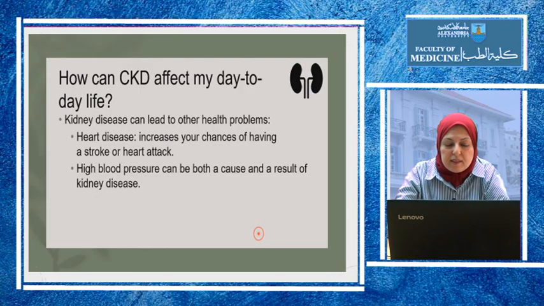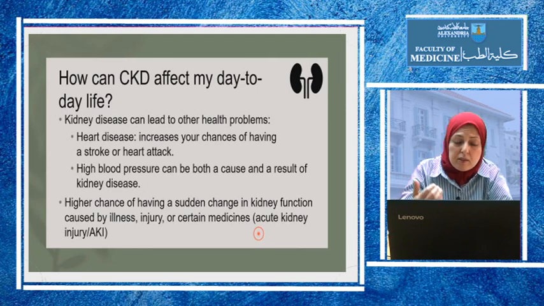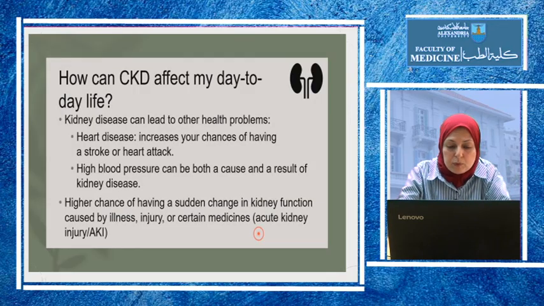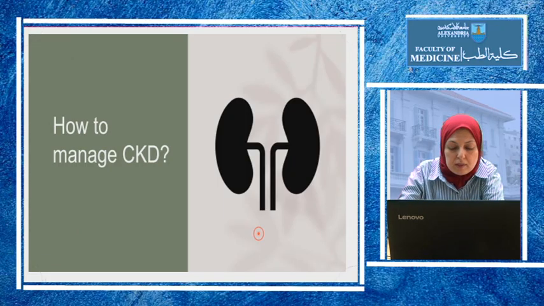The most important is that kidney disease can lead to other problems. Most commonly, as we said, heart disease, so it increases chances of strokes, of heart attacks, and it can also lead to hypertension or high blood pressure. And actually, there is a higher chance of developing these than of progressing to chronic kidney disease, but there may be increased risk of chronic kidney disease if the patient has an episode of AKI. So we should also ask him to prevent, or part of the treatment is to prevent, the occurrence of AKI on top of his chronic kidney disease. So how do we manage chronic kidney disease?